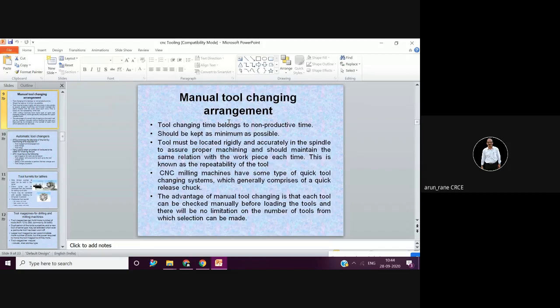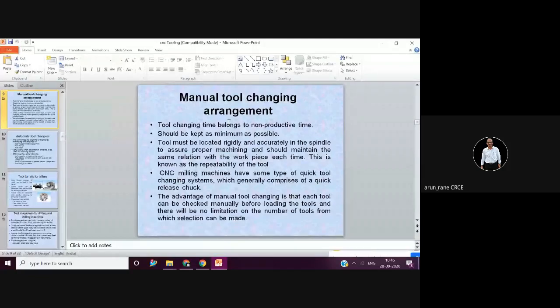Okay, then keep it properly in the trolley, and then you have to insert the new tool which you have kept ready, and again press the knob. Okay, so the clamp, either hydraulic or pneumatic, will clamp that knob. That's all. So it will take 1 or 2 minutes. Manual tool changing will take maximum 2 minutes.